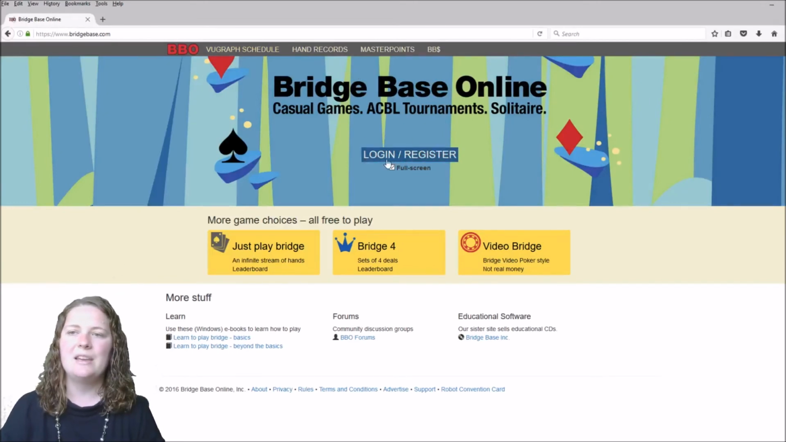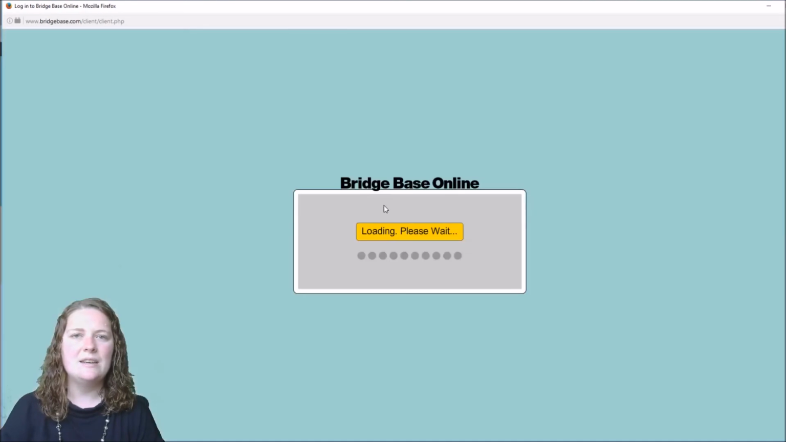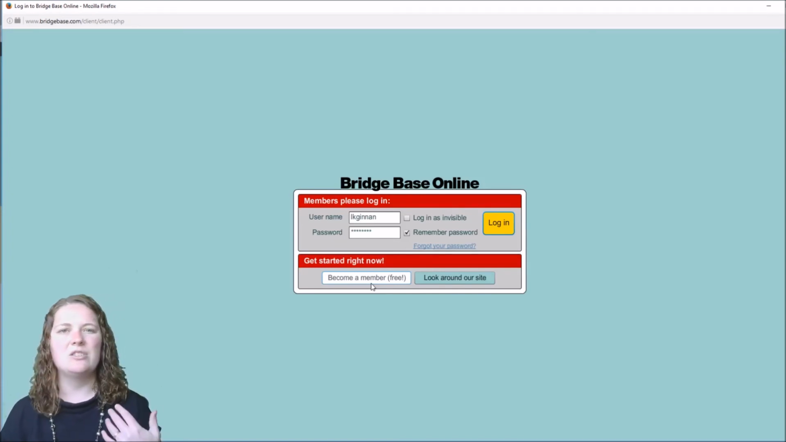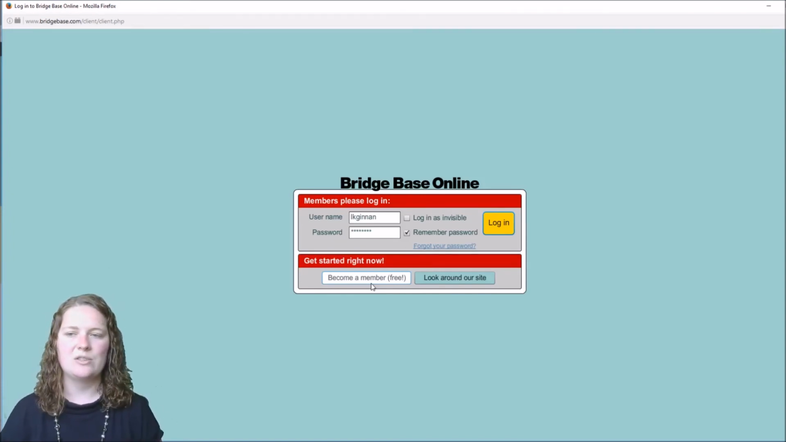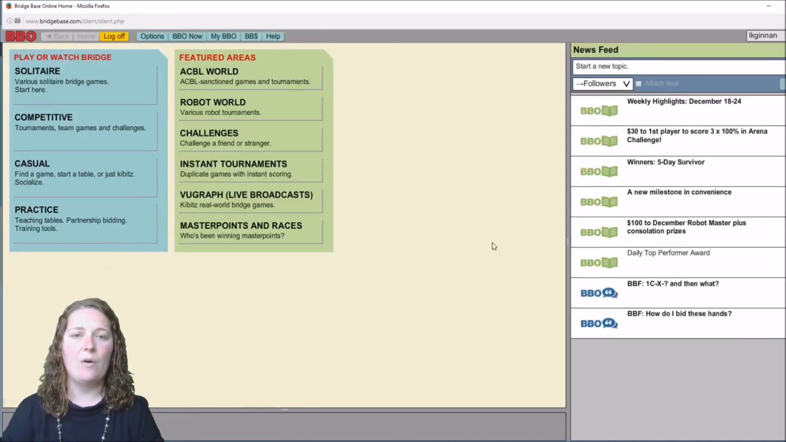And you get to this page where you've got login/register. So this is how we get started. If you do have a BBO account already, it's nice and easy. You just log in and you'll know how to do that. If you don't have an account, simply click on become a member. That'll take you through the prompts and it's nice and easy to sign up. They just send you an email and get you going straight away. So I'm going to log in, and I think the first thing we might have a look at is,